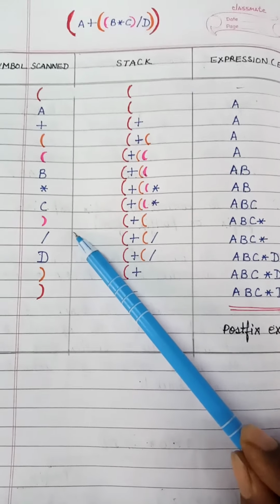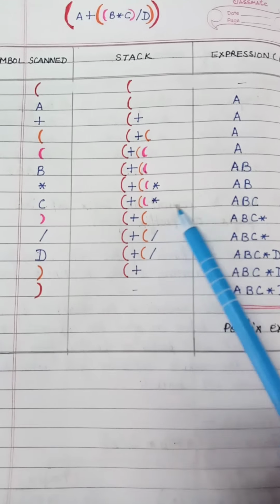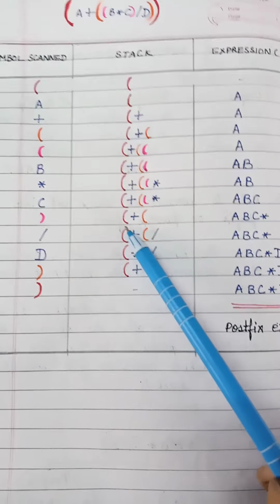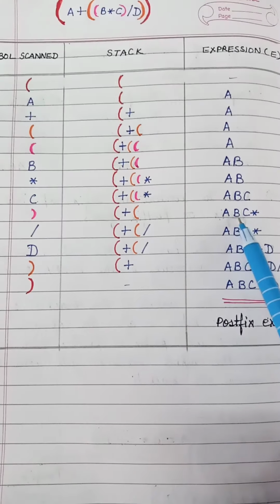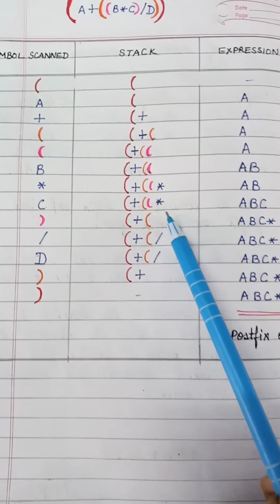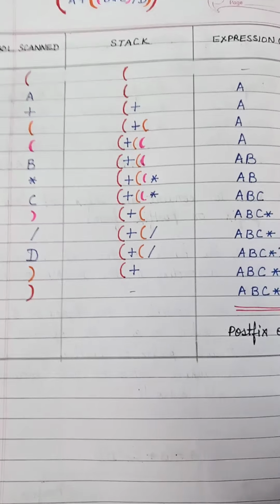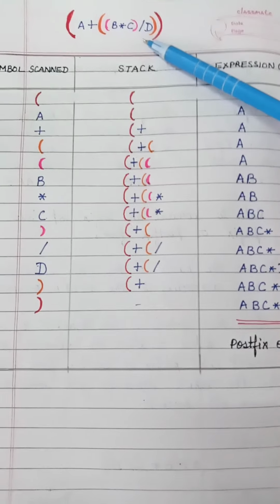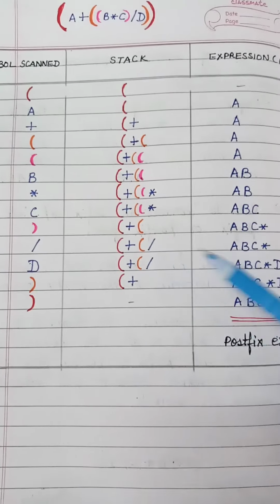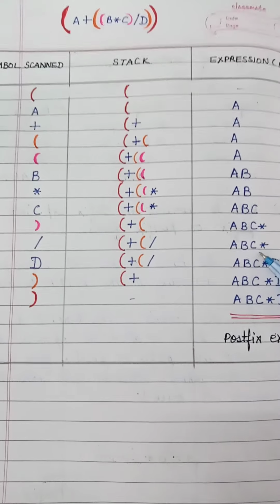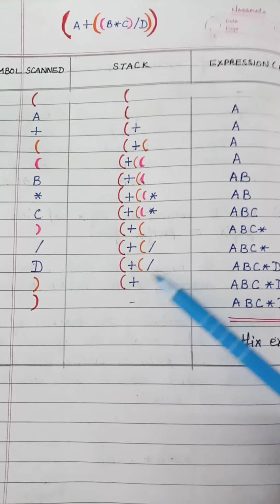So at this step the pop action will be performed. Only red, plus, orange will be there and this symbol will be popped out. The symbol within the pink parenthesis will be popped out now: ABC into. Now again the oblique, the upon sign, ABC into, this will remain the same. Then D, ABC into D will be here, and this will remain the same.